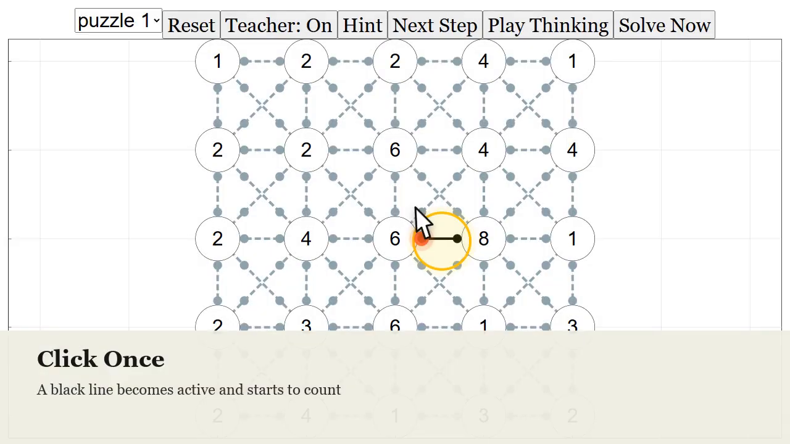When you click an edge once, it turns black and becomes active. This means the edge now counts toward the clues that touch it. Click the same edge a second time to flag it as impossible. A flagged edge is your way of marking that this edge should stay off. A third click returns the edge to undecided. This three-state cycle lets you keep track of what must be on, what must be off, and what you still